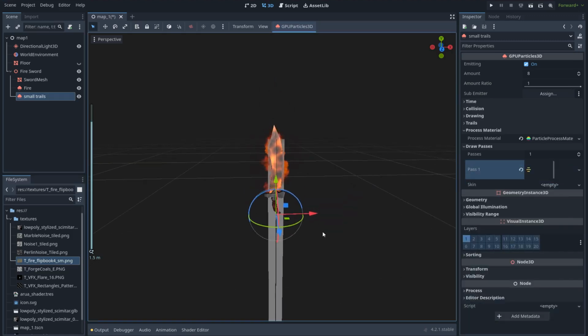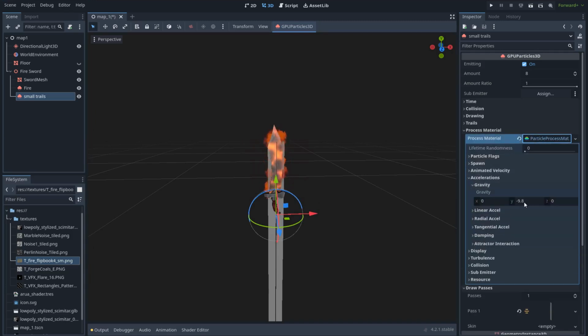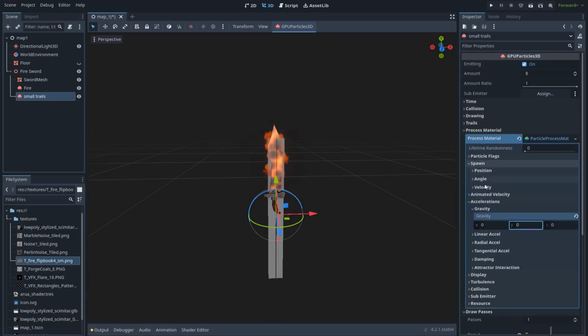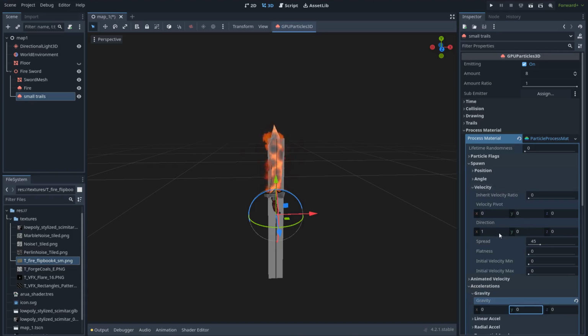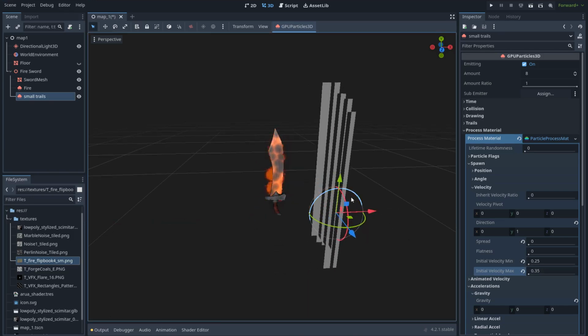Also, it's falling down because of the gravity, so let's go to the particle system and set the gravity to 0. Instead, I want to have a velocity, so let's go to spawn and set a velocity in the y-axis with a random value between 0.25 and 0.35. Let me see. Okay, this looks weird for now